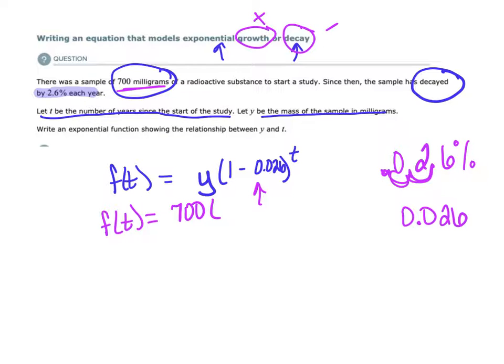Think about it the same way. If I had this still as 100%, I would say 100% minus 2.6%. We're still doing that, we're just doing it in decimal form. So I have the whole number 1 minus 0.026. And when I subtract that, I am going to get